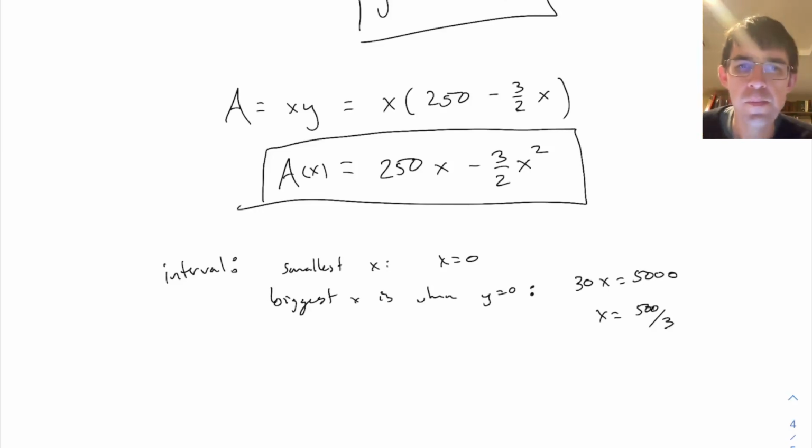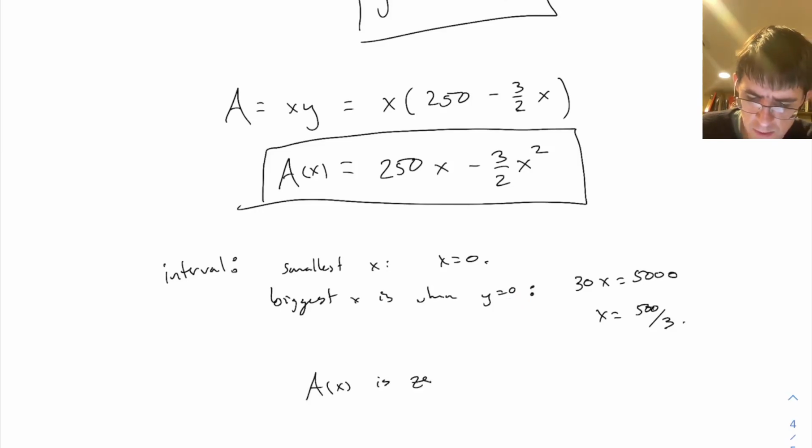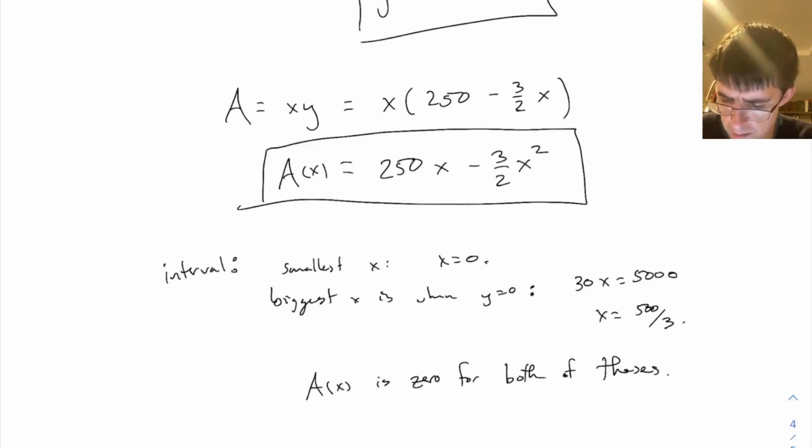Whatever that is. All right. But in either case, the area will be 0 in both of those cases. In the first case, the area is 0 because x is 0. And in the second case, the area is 0 because y is 0. So area of x is 0 for both of these, which means that the maximum